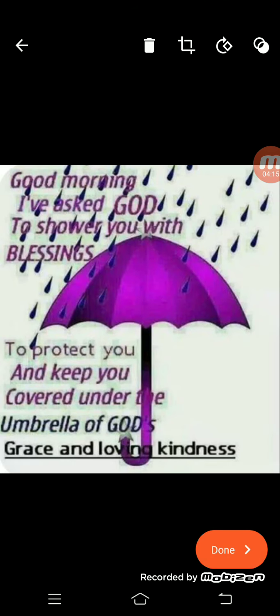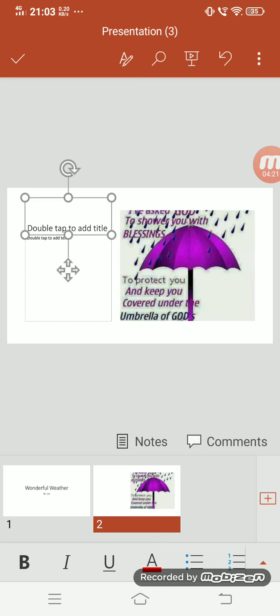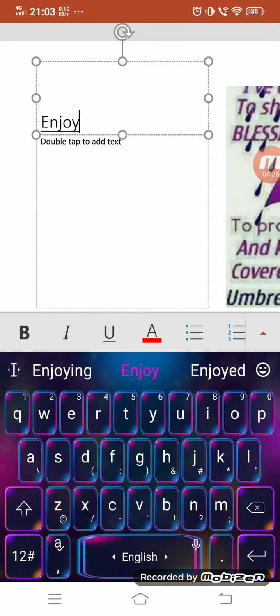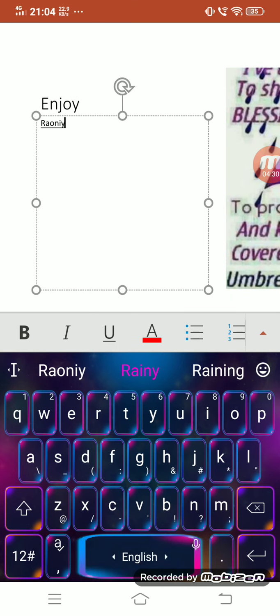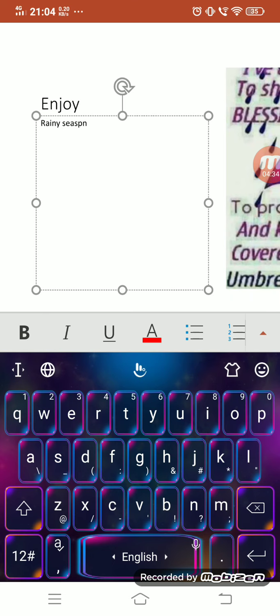You can select the photograph and click on done. Again double tap to write. And type the content.